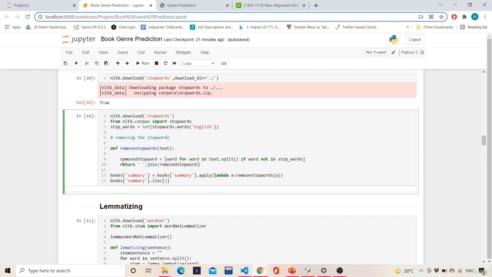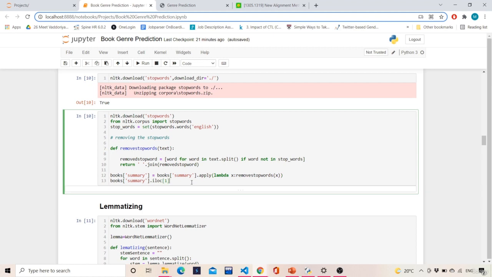Now we will be applying this using a lambda function. So books of summary equals books of summary dot apply lambda x remove stop words of x. This lambda x means that for every summary in books of summary you apply the remove stop words function. This will return a sentence which has all the stop words removed.